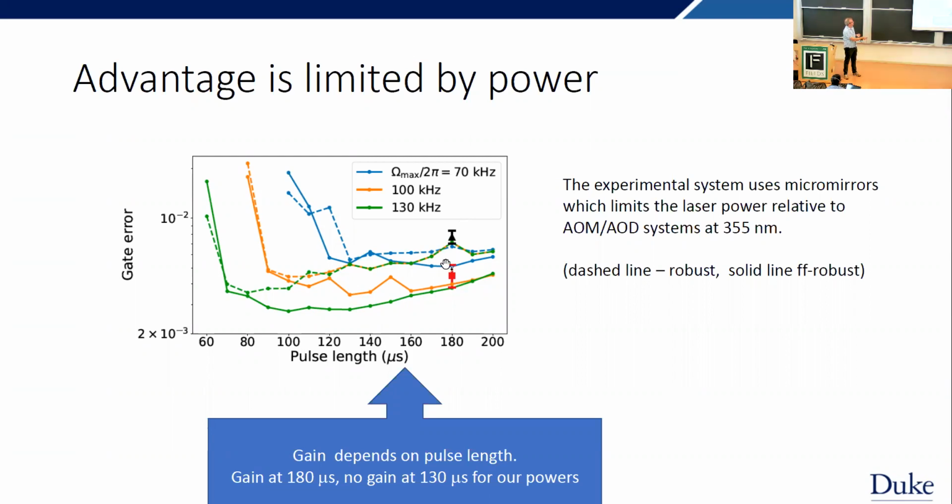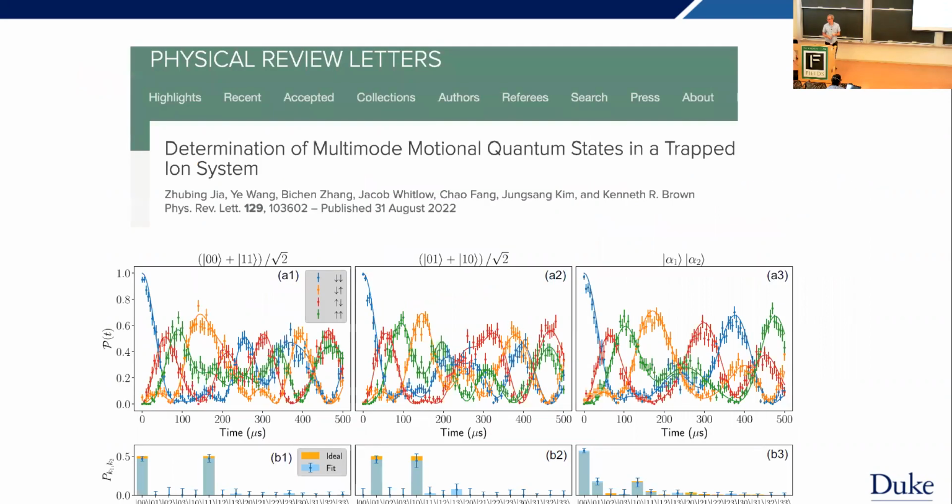And then by switching to a different way of delivering the power, either by using a large AOM or an AOD, we should be able to increase the single qubit Rabi rate and then actually get a separation even out at very fast pulses. And so that's kind of the experimental direction we're heading.